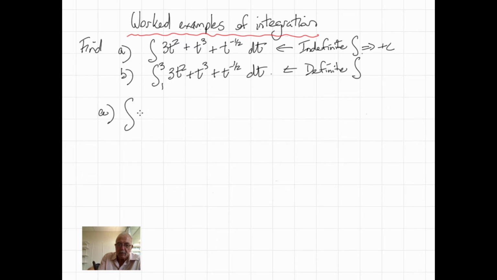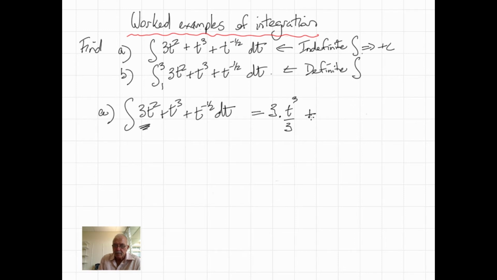So we want the integral of 3t squared plus t cubed plus t to the minus a half dt. And what we've got to do here is go back, and hopefully we've memorised all the rules from that table for integrals. Which one does this fall into? Well, that one's just add a power on the power. The 3 will stay the same, and then when we add a power, we get t to the power 3 all over 3